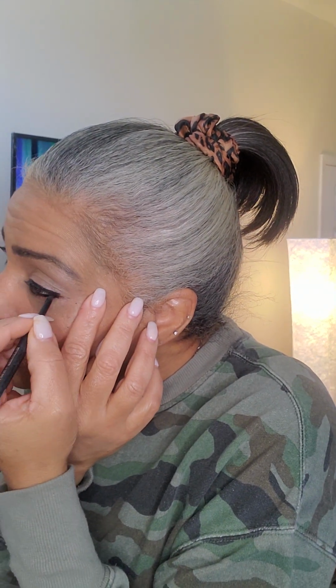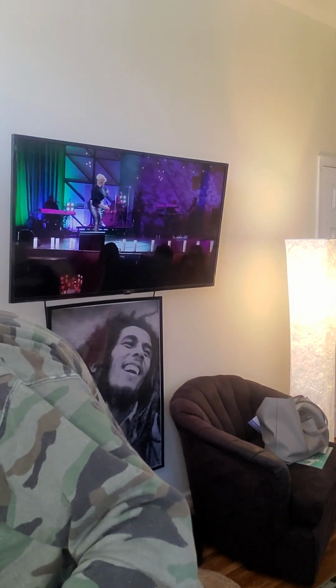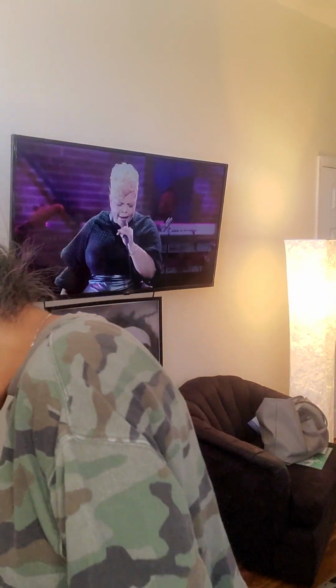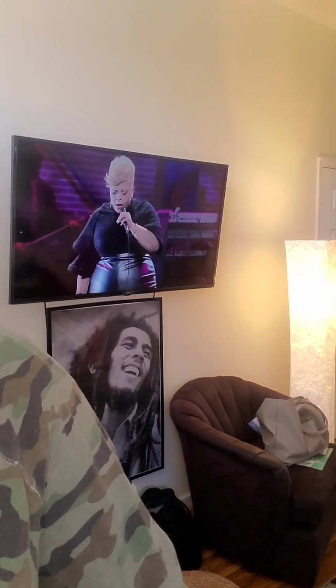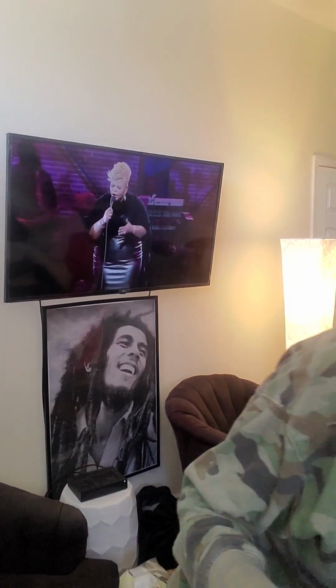Coloring it there. And I'm trying to think of what shadow do I want to put on my face this morning. I will go with the... interesting. I'm going to go with this for now, just so that you can see the build of this. So for me, I just do a little bit, wipe it off,